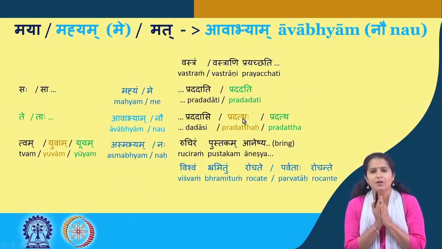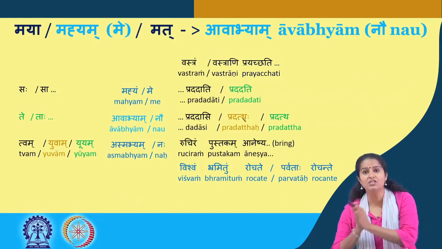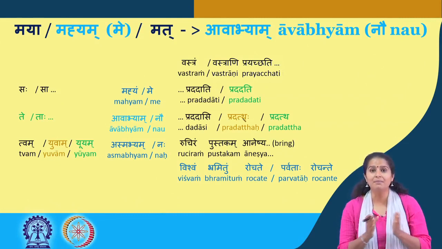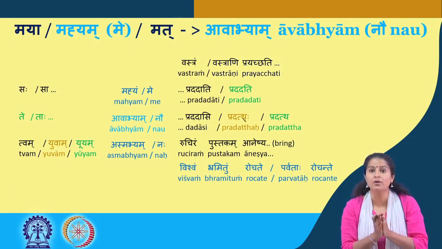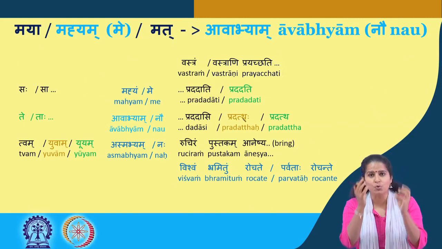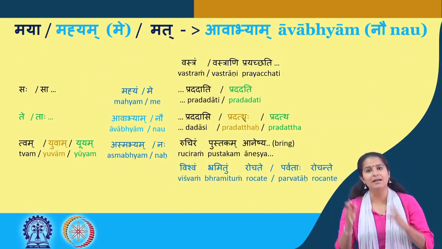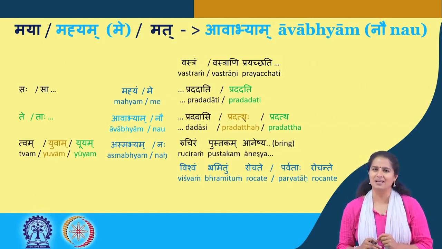So Sanskrit really requires the mind to be very clear. You have to keep in mind who is the subject, which person is it, how many of them are doing the action, because the verb will change accordingly. Now, unlike in many other cases where the object or the receiver, to whom you are giving it, doesn't matter so much whether it's singular, dual or plural, in Sanskrit, it does matter. So in your mind, you have to hold these words very, very clearly and do the necessary computation grammatically in order to be correct in your expression.